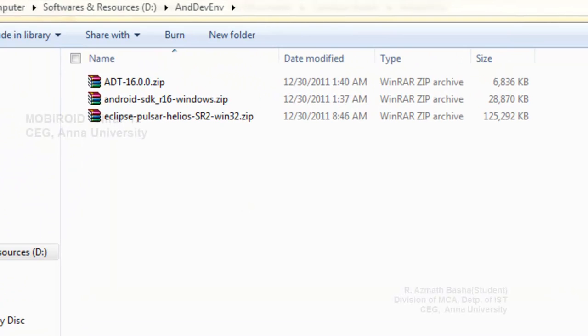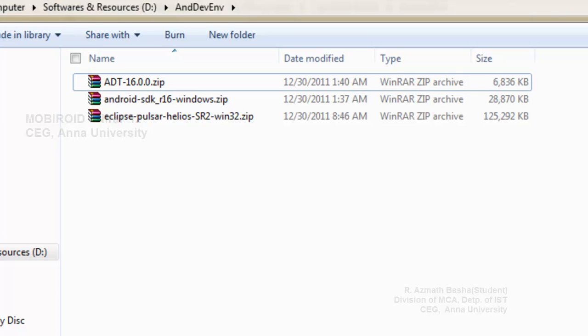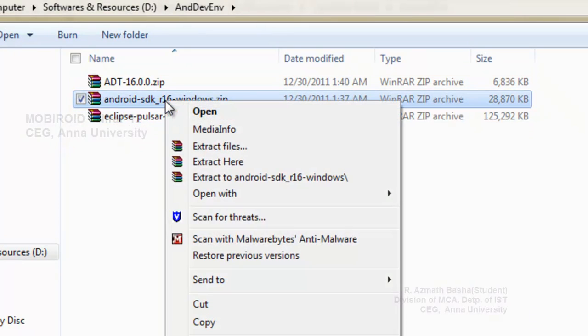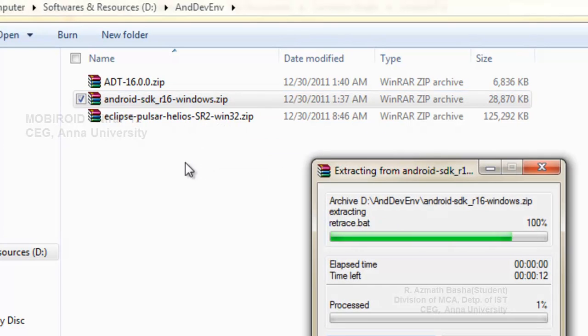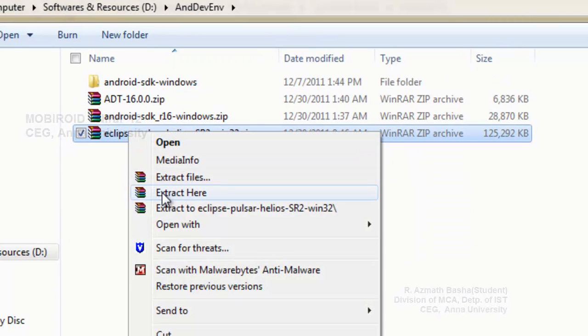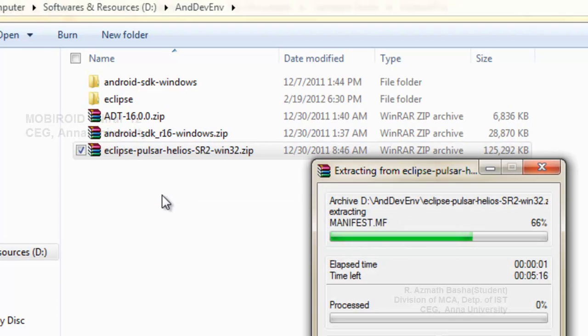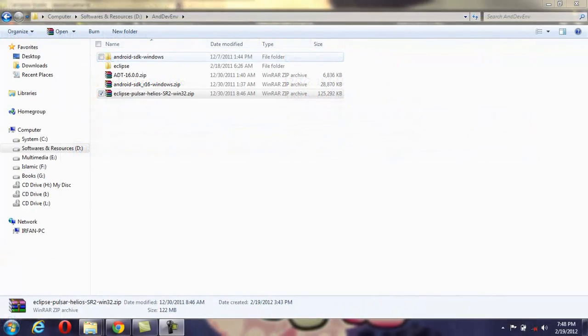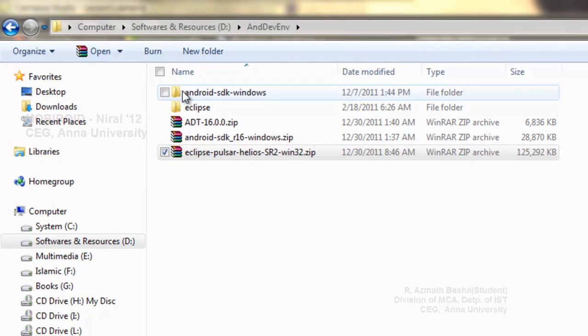To make this tutorial simple and compact, I am not explaining the functionalities of these components. If you are interested, you can refer to developer.android.com. First of all, we have to extract Android SDK and Eclipse IDE. Inside Android SDK, inside the platforms folder,